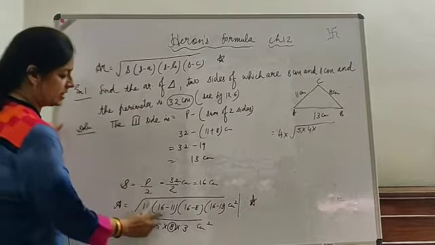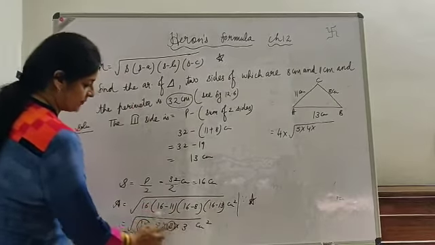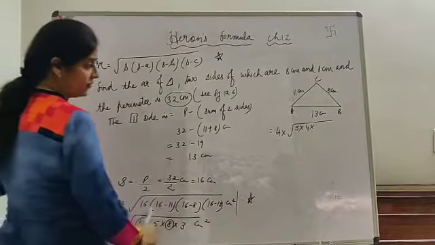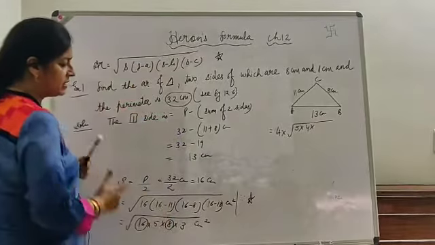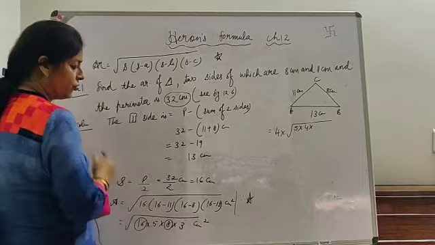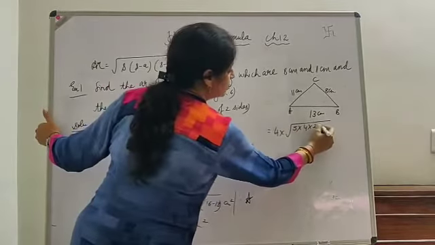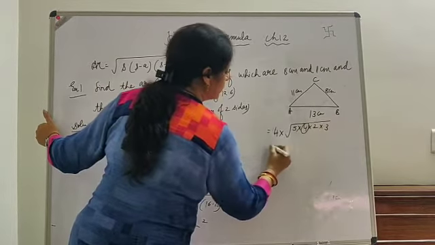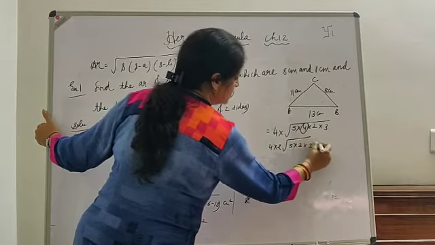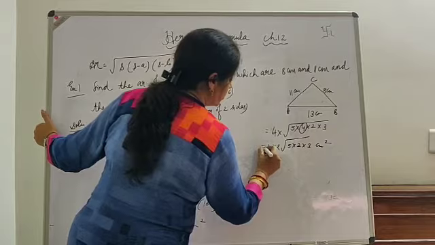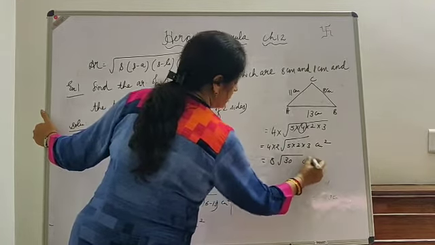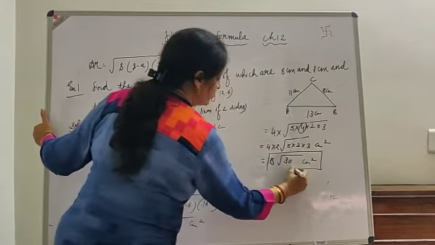So this is 16 into 5 into 8 into 3. Square root of 16 is equal to 4. For 5, we cannot find the square root of 5. This 8 can be written as a product of a perfect square and another number, that is 4 twos are 8, into 3. Now this 4 will also come out as 2. This is 5 into 2 into 3 centimeter square. 5 twos are 10, 10 threes are 30 centimeter square, which is the area of this triangle.